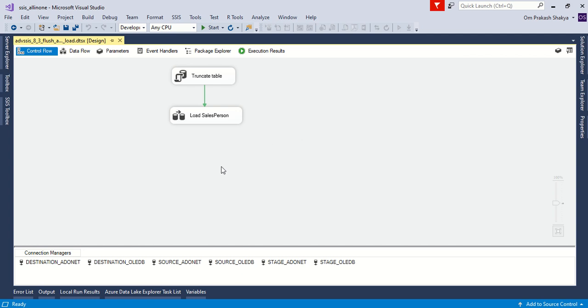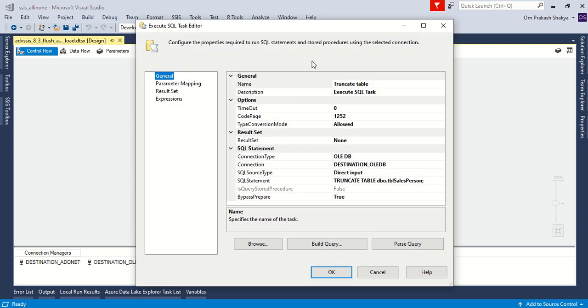I have already created this package, and we have this execute SQL task and then a data flow task. To implement this truncate and load, we have to use a task to truncate the table explicitly, and it is mandatory to truncate the table.